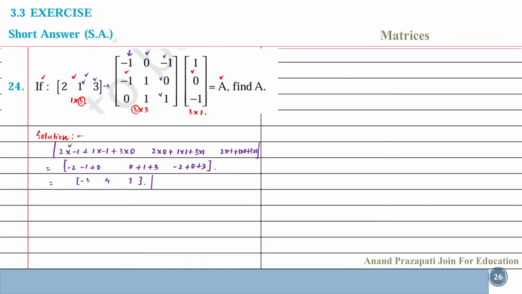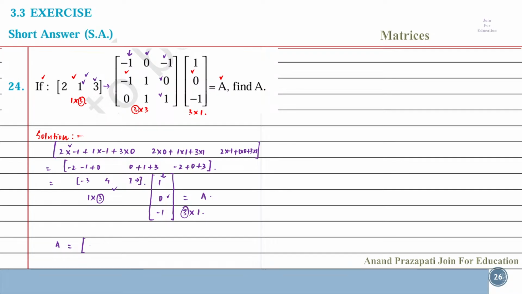Now this one is multiplied by 1, 0 and minus 1, which will be equal to A. So the order of this one is 1 by 3 and the order of this one is 3 by 1. So the number of columns of this one is equal to the number of rows of this one. Therefore the order of the product will be 1 by 1. So this one multiplied by this one, then we get here matrix A